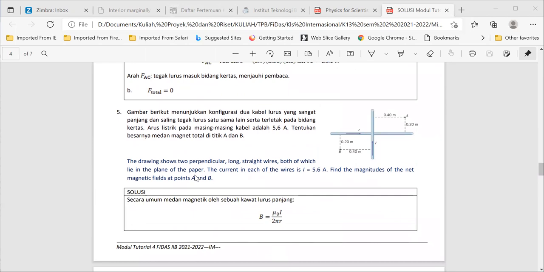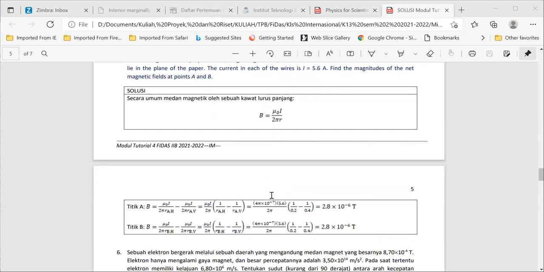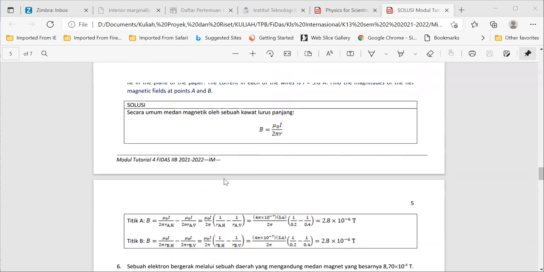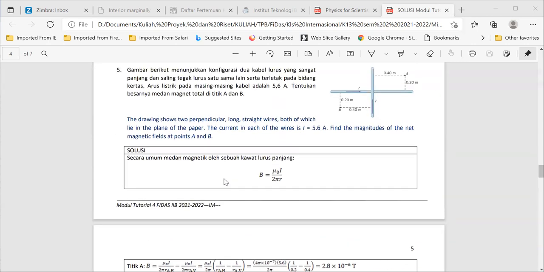Okay, number 5. We have 2 wires which are perpendicular to each other. Find the magnitude of the net field at the point. Okay. So you will use this formula, okay? So you will get that this for AB, yeah, because this is basically